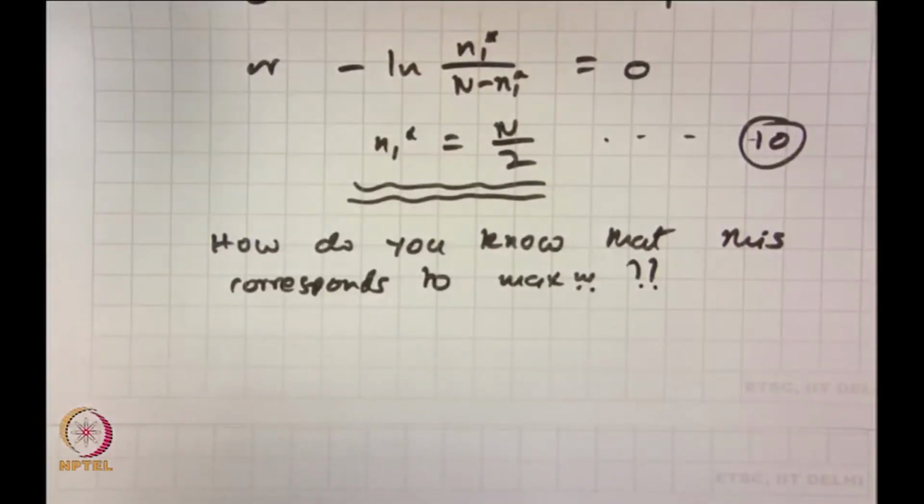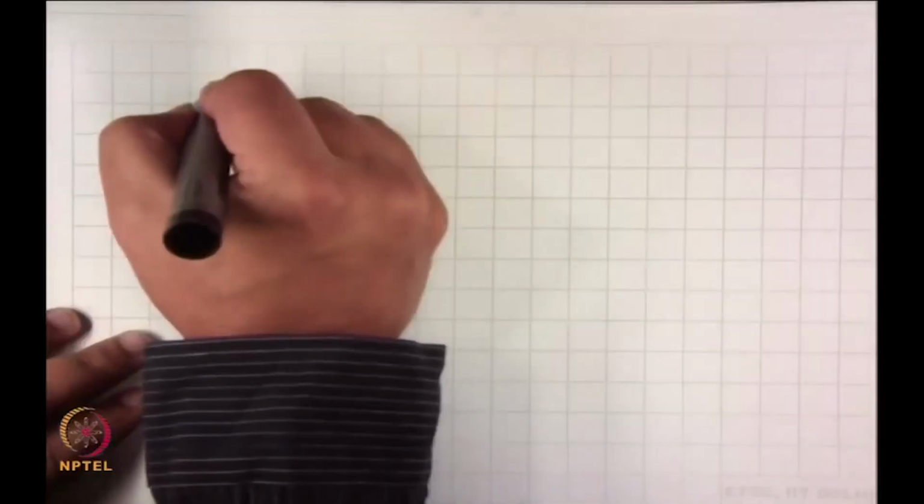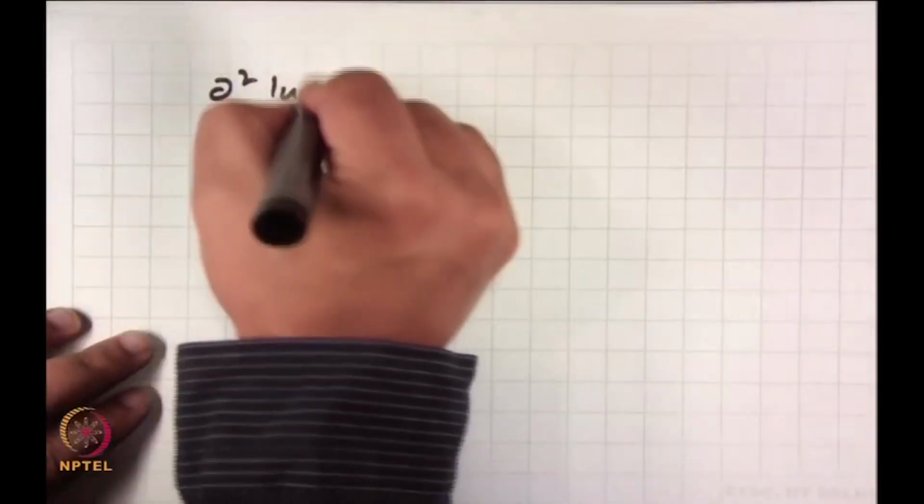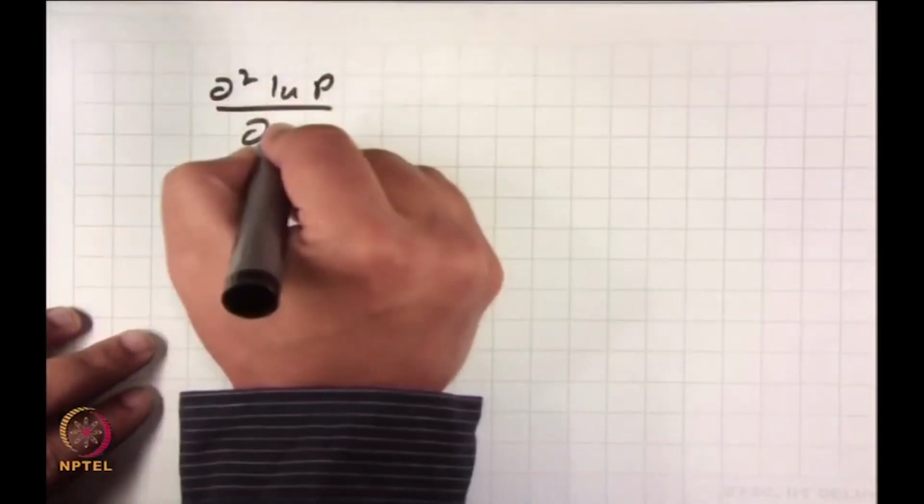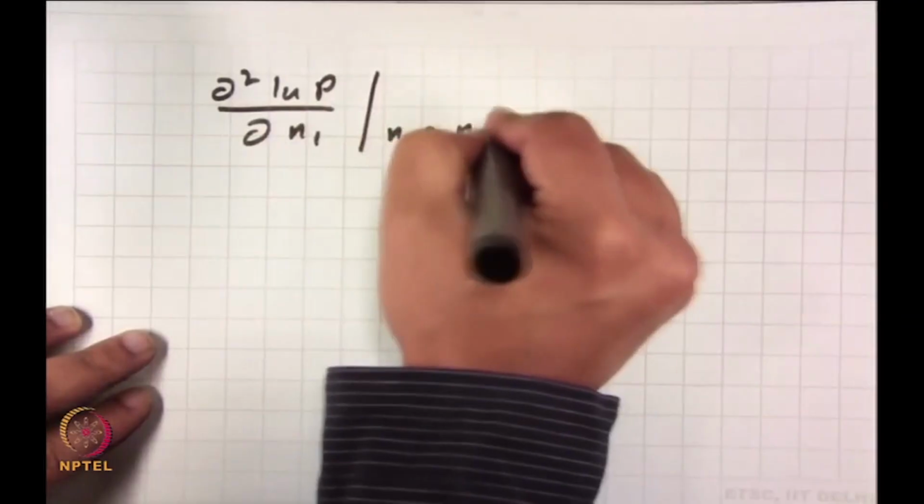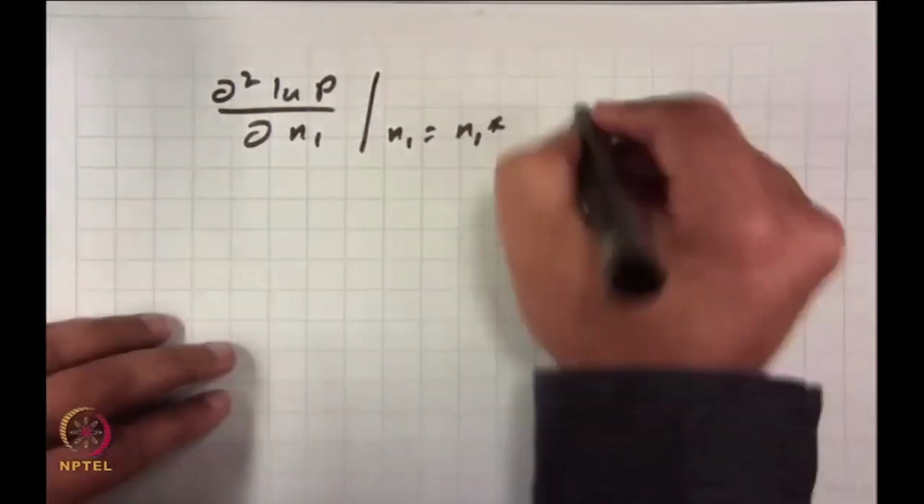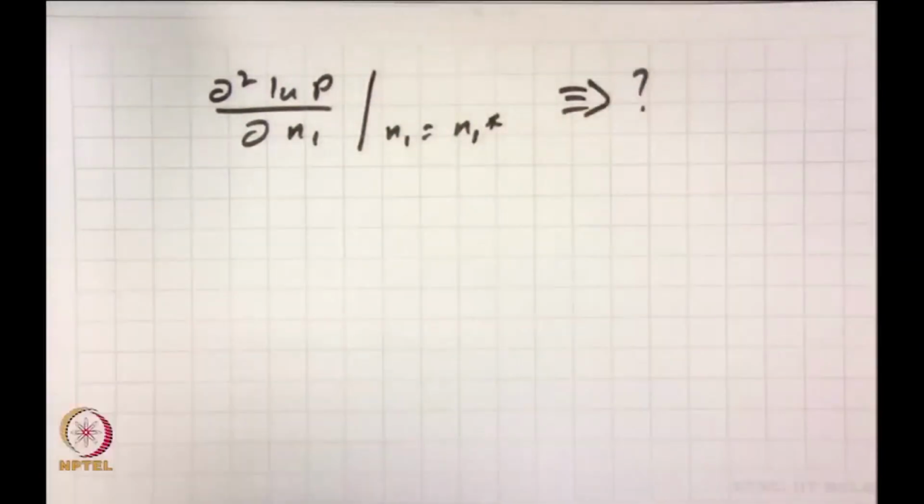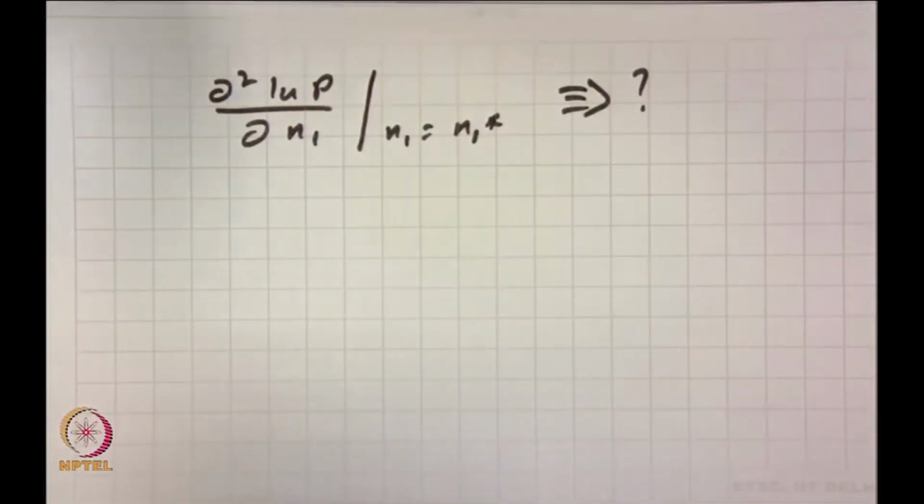You have to see what question you have been asked. You cannot just go ahead and answer it. So, looking at this, what I do now is I try to prove del 2 ln p by del n 1 squared at n 1 is equal to n 1 star. That is what I have to see. If it is maximum, what will happen to this? Will it be negative or positive? It will be negative. That means I have to show that this better be negative for that to be maximum,